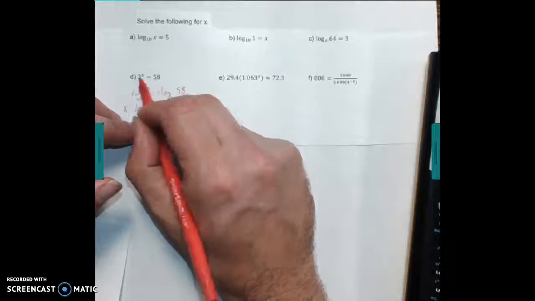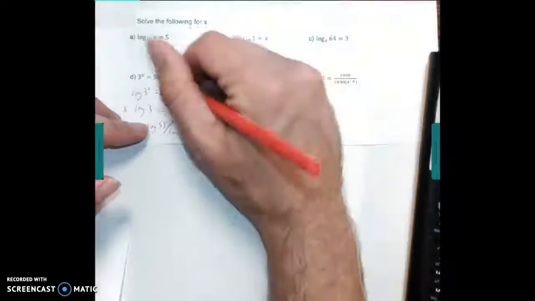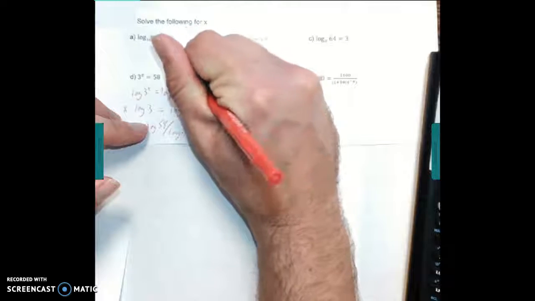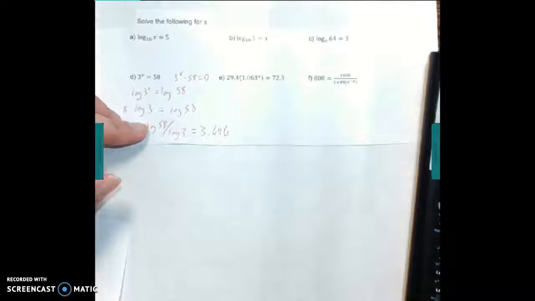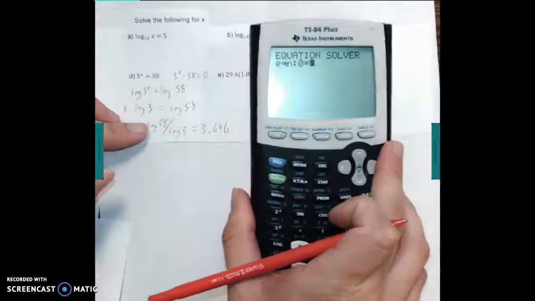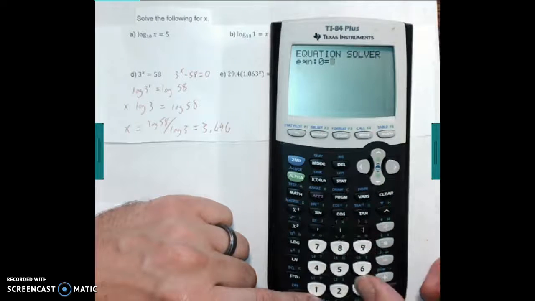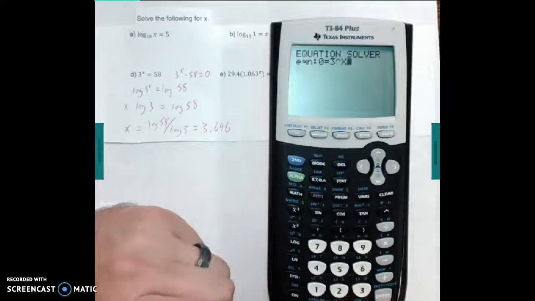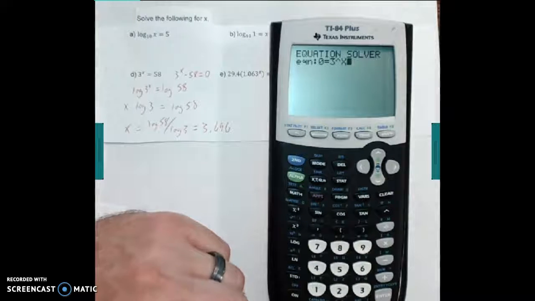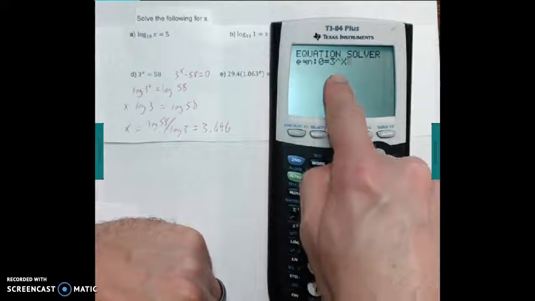So the easiest way to do that is subtract 58 from both sides. 3 to the x power minus 58 equals 0. Now I can use the equation solver. I'm going to type in 3 to the power of x, and this is why I don't like the equation solver necessarily, because